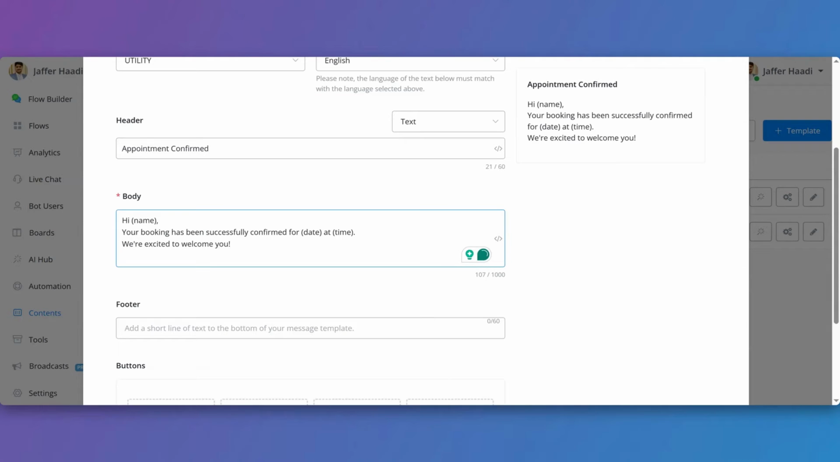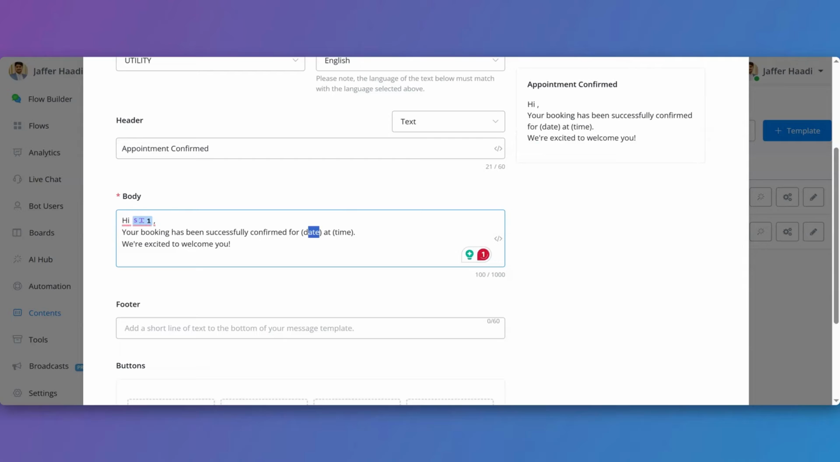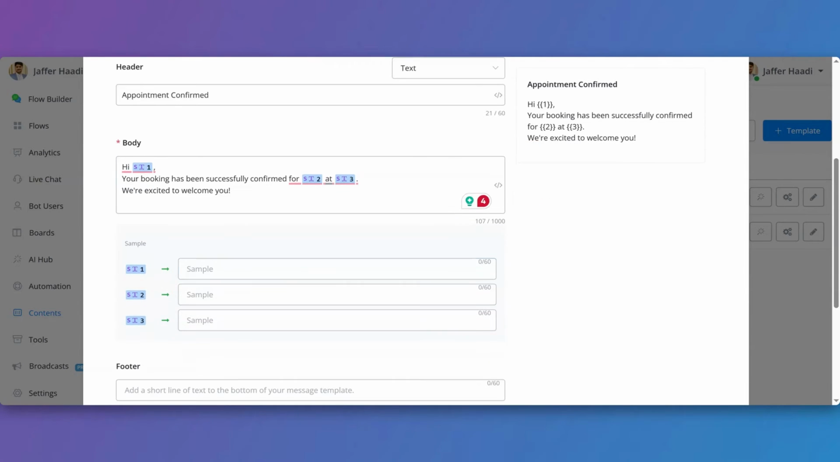And here we have to add variables. For the name, we are going to select variable 1, for the date, we are going to select variable 2, and for the time, we are going to select variable 3, right? And one more thing is you have to also add your sample data. Let's say I'm typing Java. For the date, we can say 24th. And here for the time, let's say